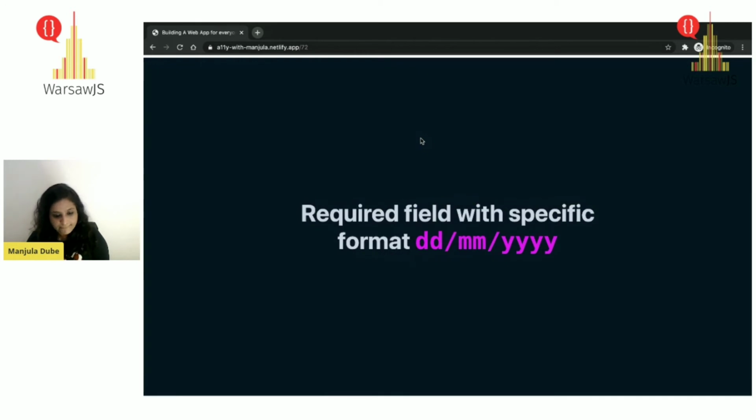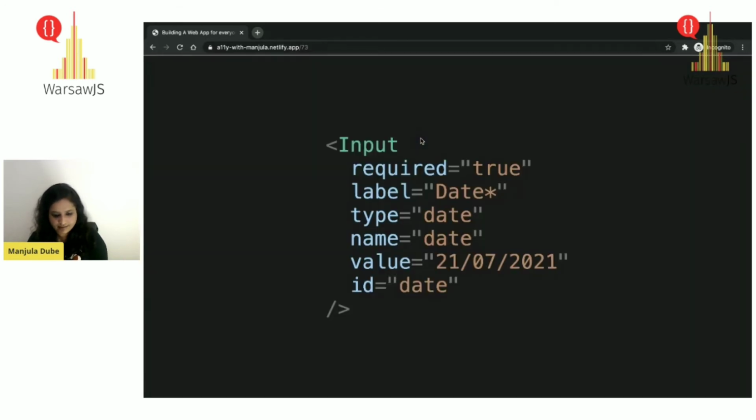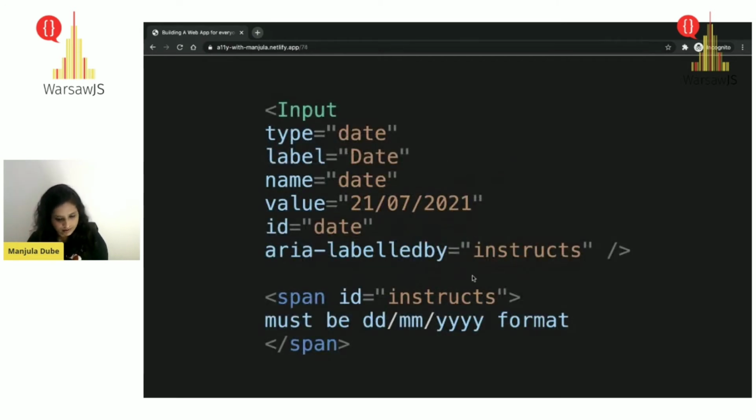So when you have a required field with a specific format, for example, let's take a date field. Now, how would my input component look? I would say, okay, input required true, label is date, type is date, and this is the value. Good. How would I give more information that this is the format and this is how it should be?